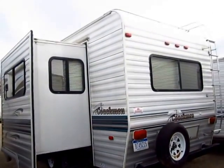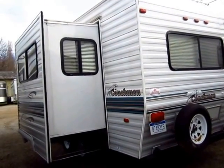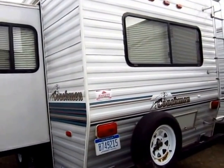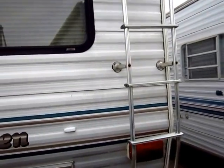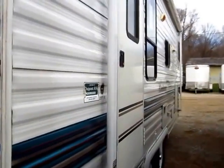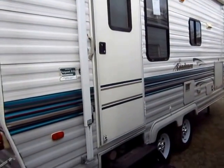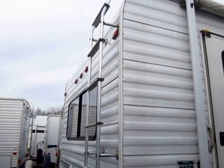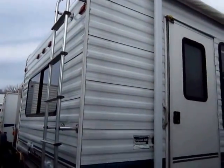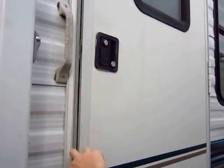I was up on the roof. Roof looked pretty good. It held my weight no problem. I'm about 190 to 200 depending on what I had for dinner last night. And I'm starting to see a couple areas where some of the roof line seals have a couple little hairlines, but I mean, they're fine. Everything's in good shape. Everything's functioning fine that's present today as far as I can see. The only thing I'd mention is if you do decide to purchase this trailer, I'd recommend probably in a year or two, you'd really want to start watching those to make sure that those little hairlines don't grow into anything